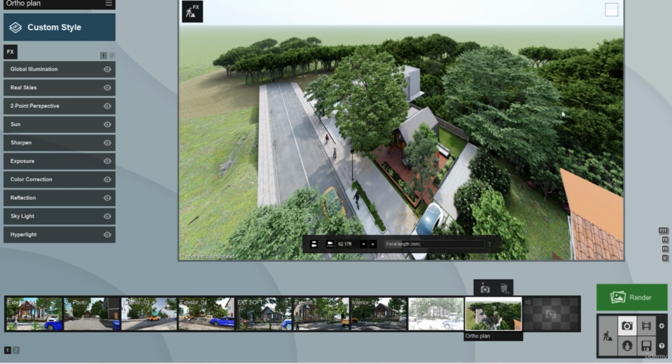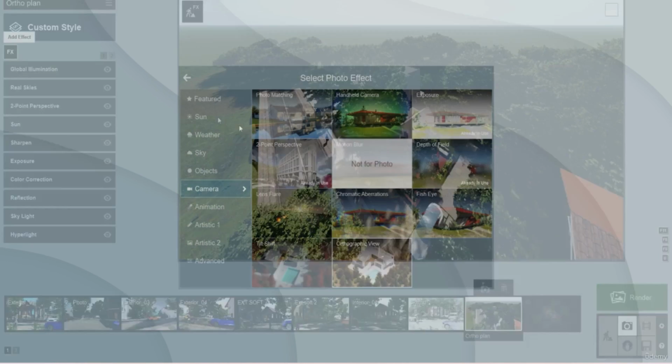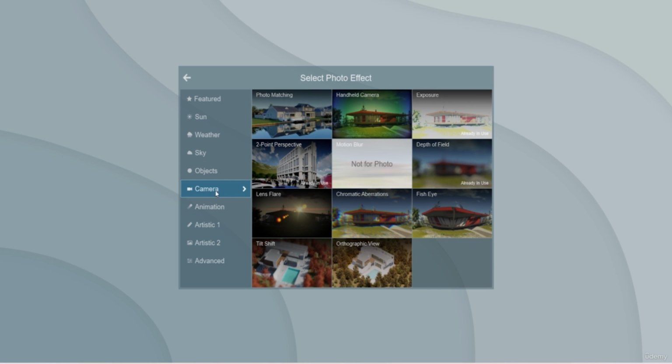Next we are going to talk about some other Lumion setting effects. One of the quite hidden effects in Lumion is the orthographic and the photo matching tool. You can utilize them in your architectural project very well. You can find that effect in FX, and you can go to the camera and you will find the orthographic view here. Just click here,